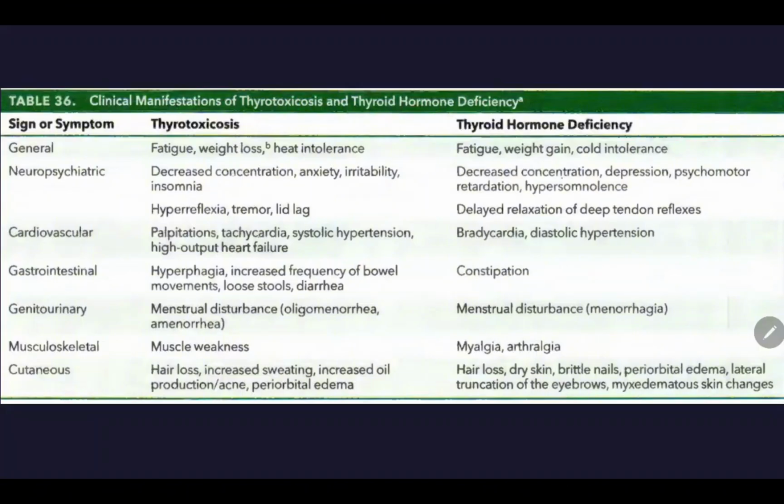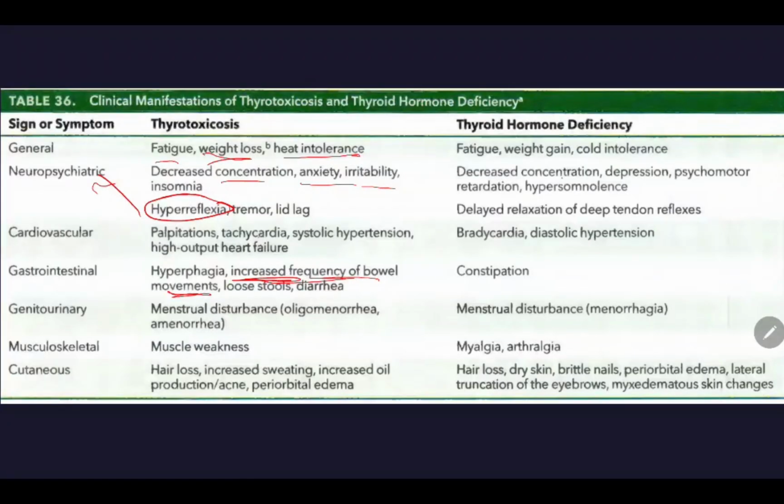So in general, you will have weight loss, fatigue, and heat intolerance. Neuropsychiatric, we will have decreased concentration and anxiety, irritability, insomnia. Think about someone who is always thinking. The cardiovascular system will be activated: palpitation, tachycardia, systolic hypertension, everything is high. Also hyperreflexia, I forgot it, neuropsychiatric, very important. Gastrointestinal, you have hyperphagia, increased frequency of bowel movements, that's important also, because your